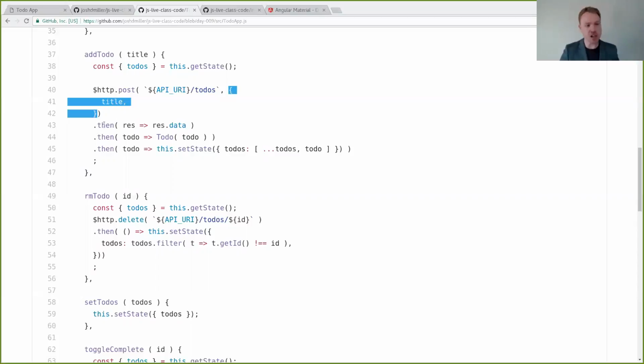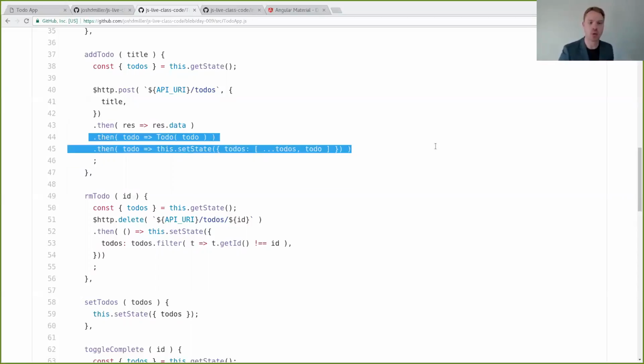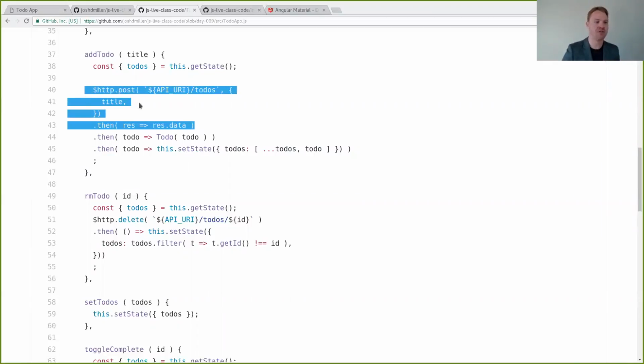Okay, and it does return a promise, so we can call .then, and this returns the whole thing, and Angular automatically parses the body, so we don't have to do response.json. We just need to pull the data, what they call data, which is the response body, off of it, and then these two lines are identical to what they were before. So we just had to change these two from what they were in fetch.